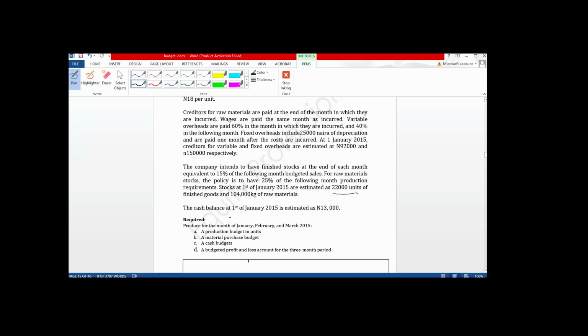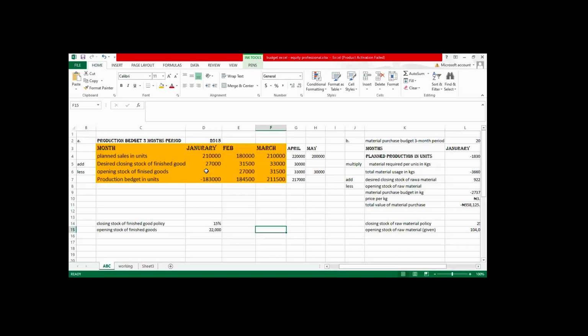It is that finished goods that we require now. That means as at 1st of January, opening stock is 22,000. Look at it here. Opening stock of finished goods. Look at this line. As at 1st of January,